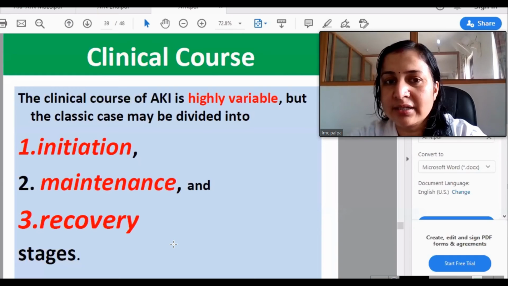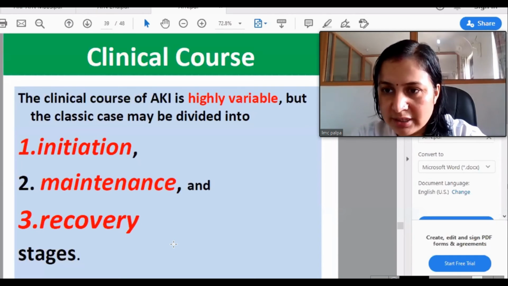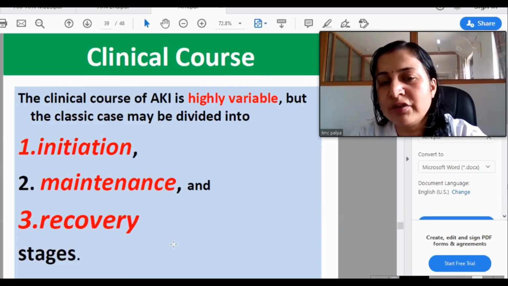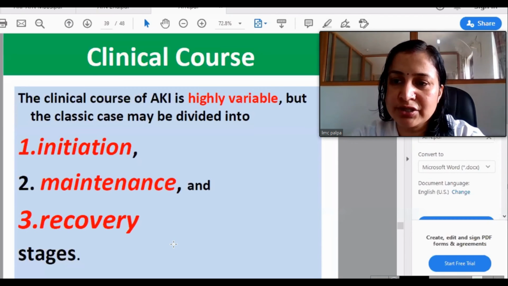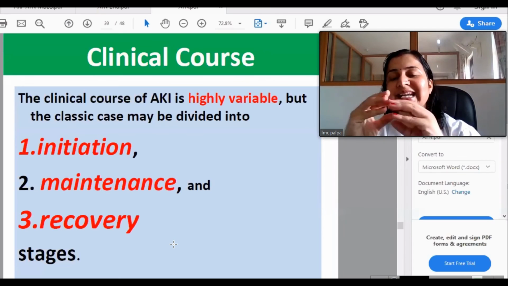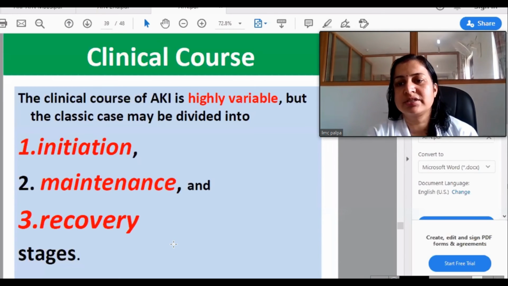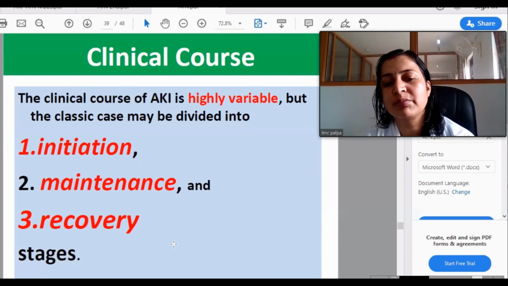Then came the morphology. There is injury, either direct injury or ischemic injury, desquamation of tubules, accumulation in the lumen, formation of cast. Especially in the toxic type, where there is direct necrosis and direct toxicity, there will be eosinophilic cast formation. All right. Now we are coming to acute renal failure, which is caused by acute kidney injury. So for the clinical course, the disease is acute kidney injury or acute tubular necrosis. As the name says, ATN, necrosis, so there has to be necrosis. There will be cell death in the form of necrosis and apoptosis.